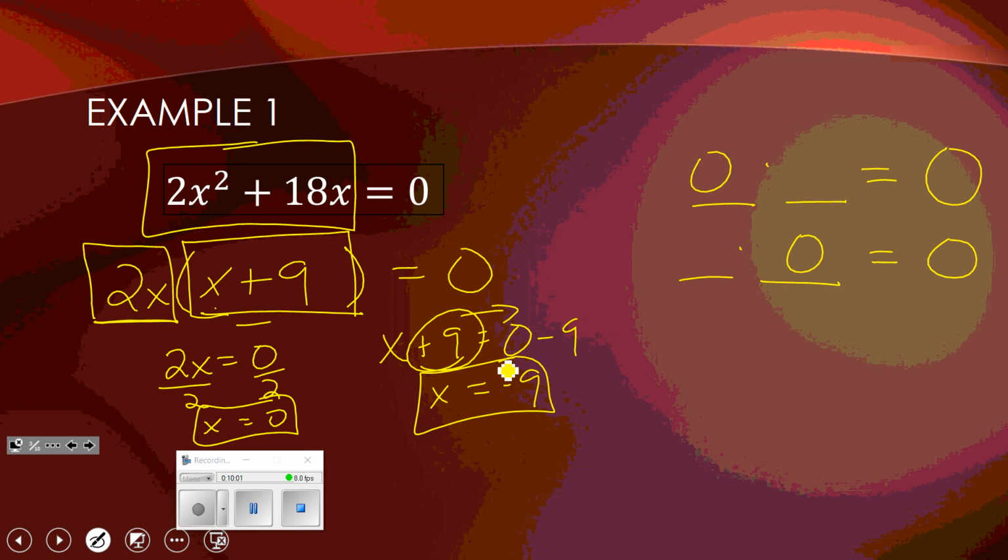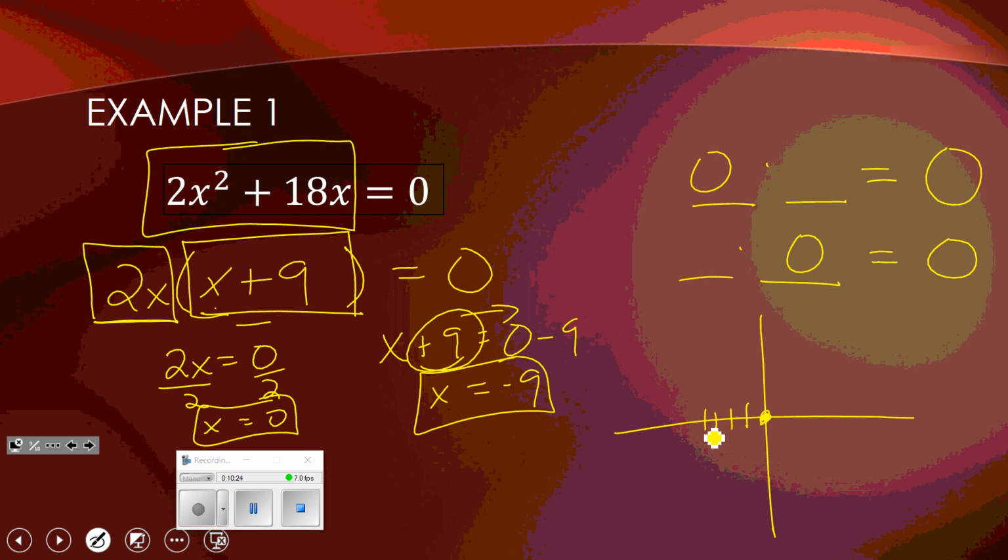Does it make sense that I have two answers, two solutions, two zeros, two roots, two x-intercepts? Why would it make sense? Because it's a parabola and it's going to cross. I guarantee if you checked it in your calculator, it would cross at the origin and it would cross at